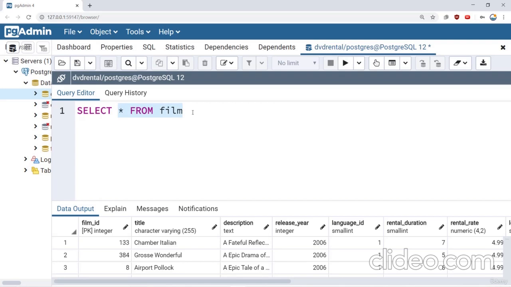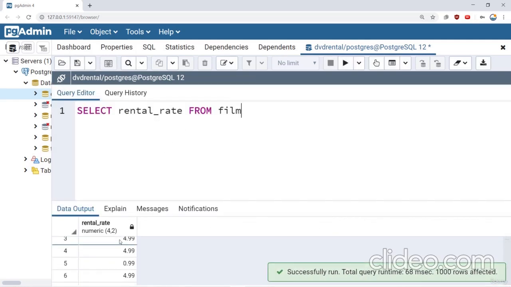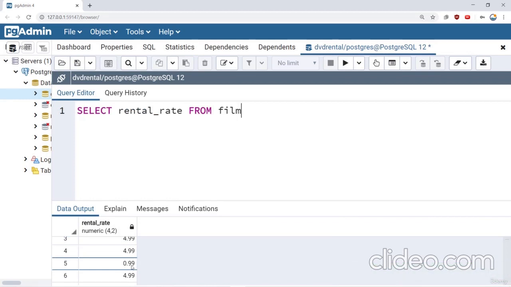So we're going to say select the rental rate from film, since that's all I'm interested in. So I have these different rental rates, and I have a 99 cents rental rate. I want to figure out how many of these I actually have. So let's go ahead and start categorizing things. We're going to say select, and I'm going to do the following. We're actually just going to say select,